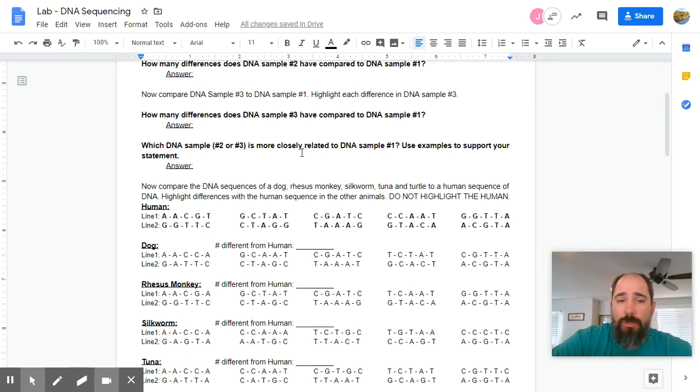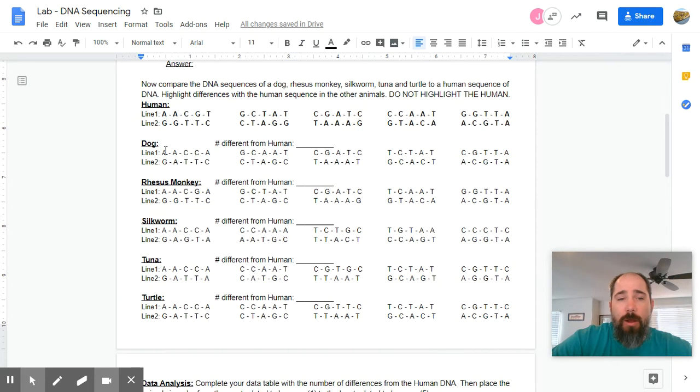After that little introduction section, you're going to compare DNA from different animals to human DNA. Again, this is on the same gene that does the same function in each species. But this time, your lines of DNA are not directly above each other. You have 2 lines of DNA for the dog and 2 lines of DNA for each and every other species. You're going to take a look at line number 1 in the human and compare it to line number 1 in the dog. For instance,